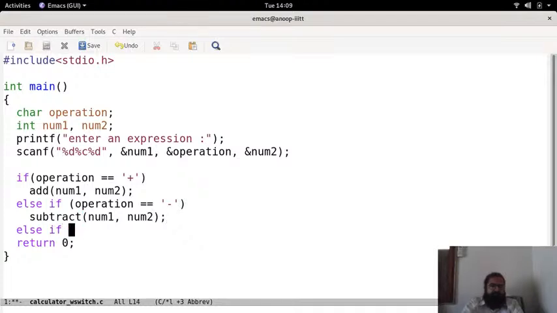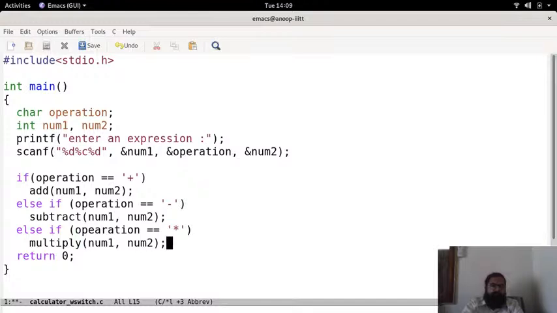Else if operation equal to star, multiply num1, num2. Else if operation equal to slash,